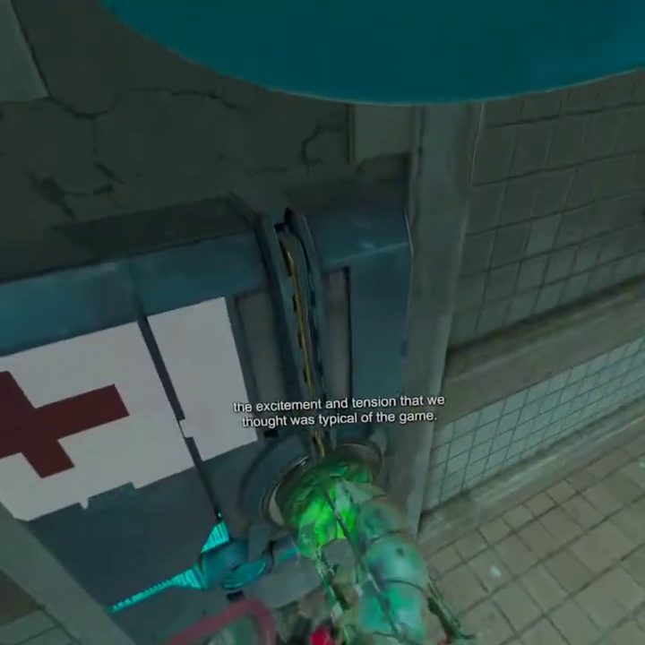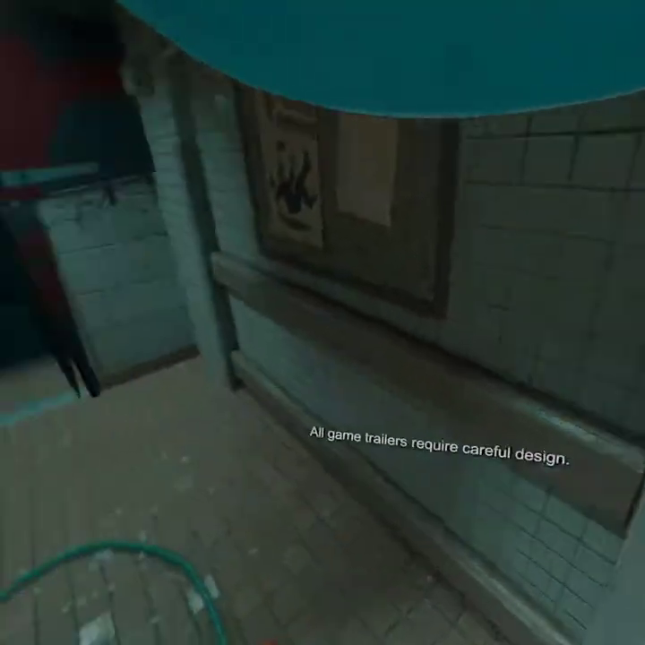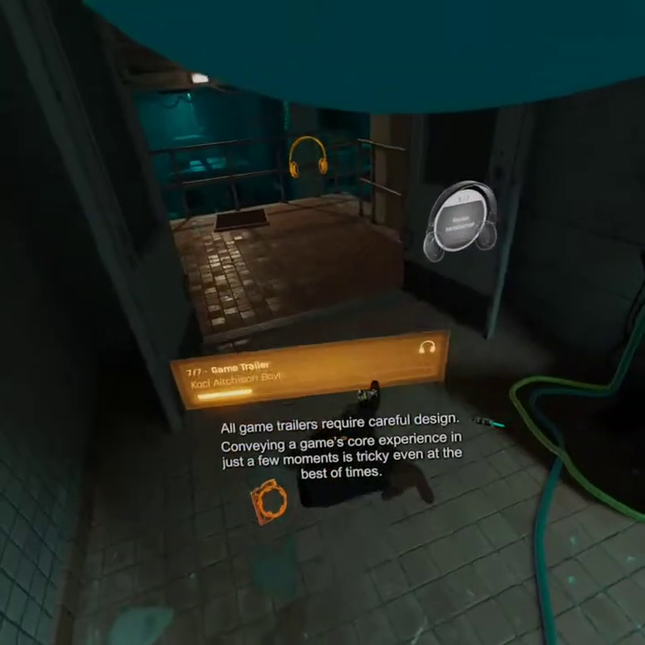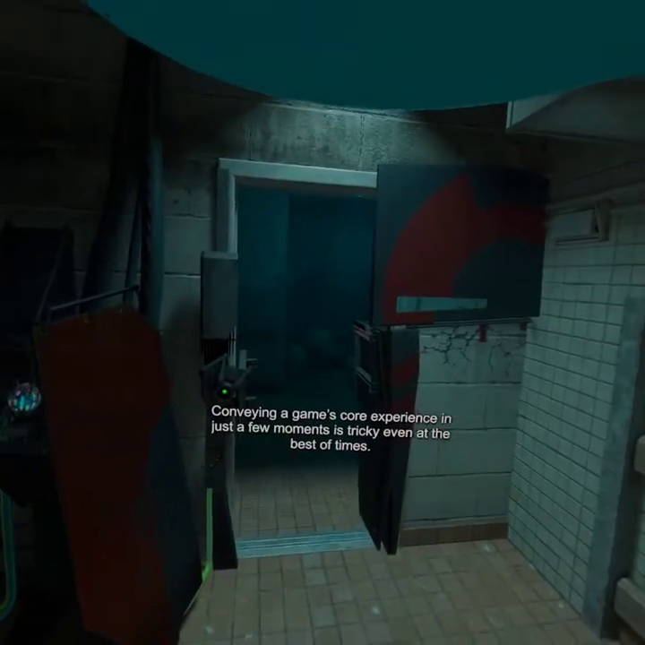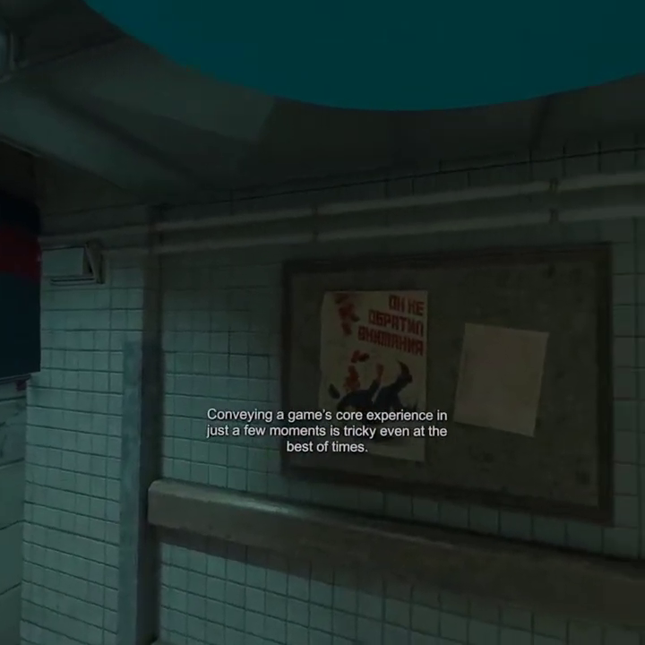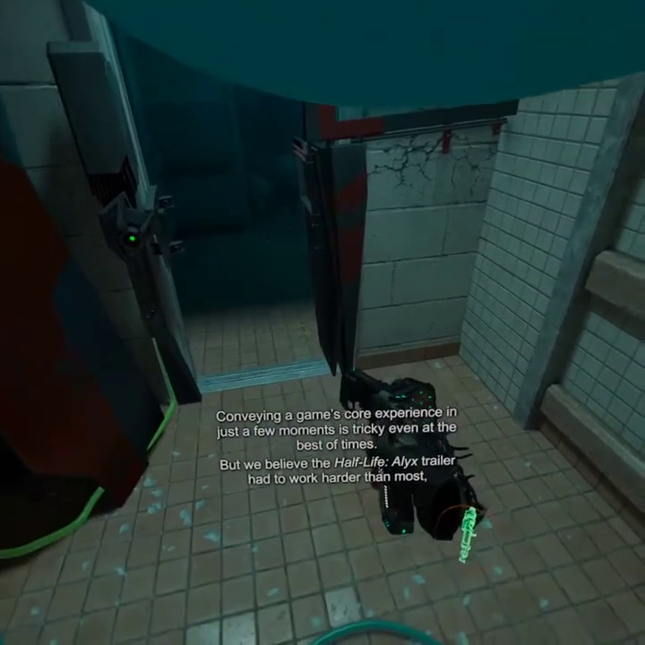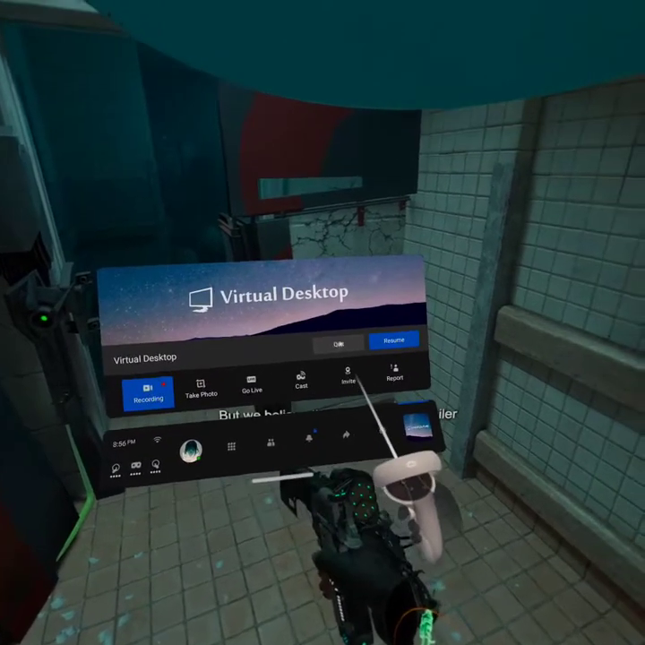All game trailers require careful design. Conveying a game's core experience in just a few moments is tricky, even at the best of times. But we believe the Half-Life: Alyx trailer had to work harder than most to meet a